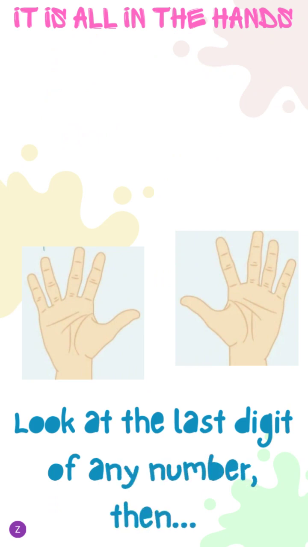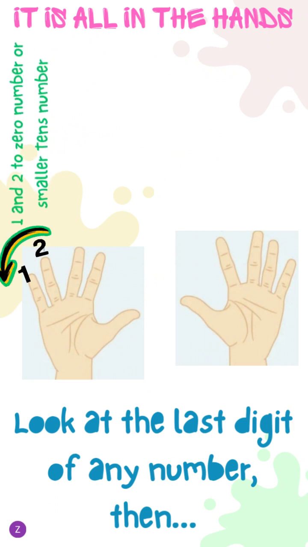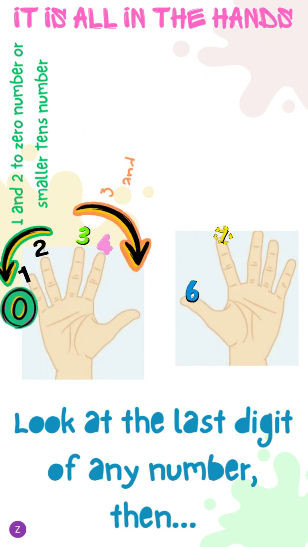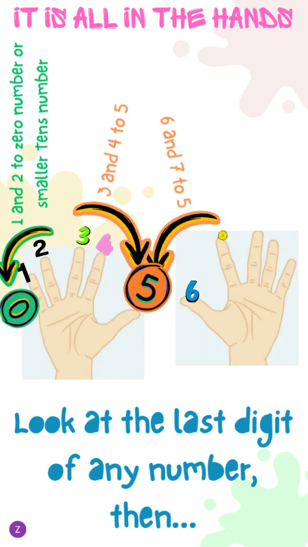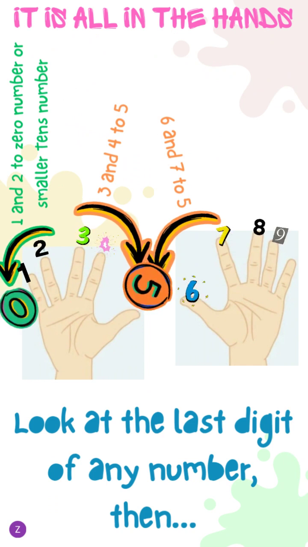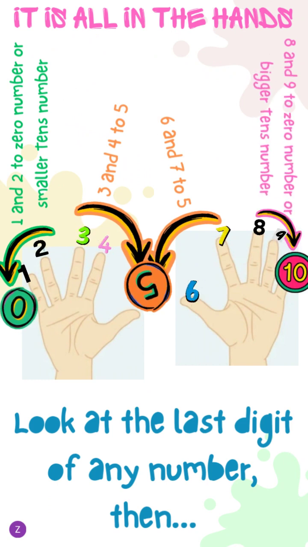So looking at the last digit, remember, when you count in fives, you always end on a 0 or a 5. So now if you look at the last digit, when that number ends on a 1 or a 2, the number is rounded to the smaller 0 number. Whenever the number lands on the 3, the 4, the 6, or the 7, all 4 of those numbers round to the 5. And then 8 and 9 will be rounding to the bigger 0 number.